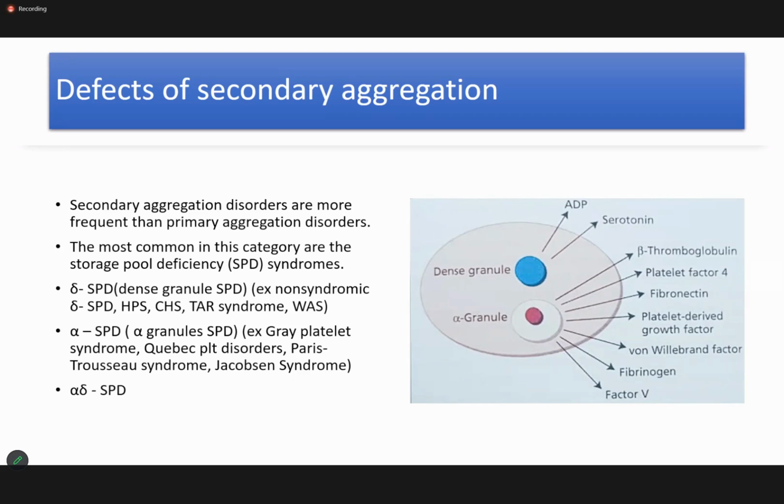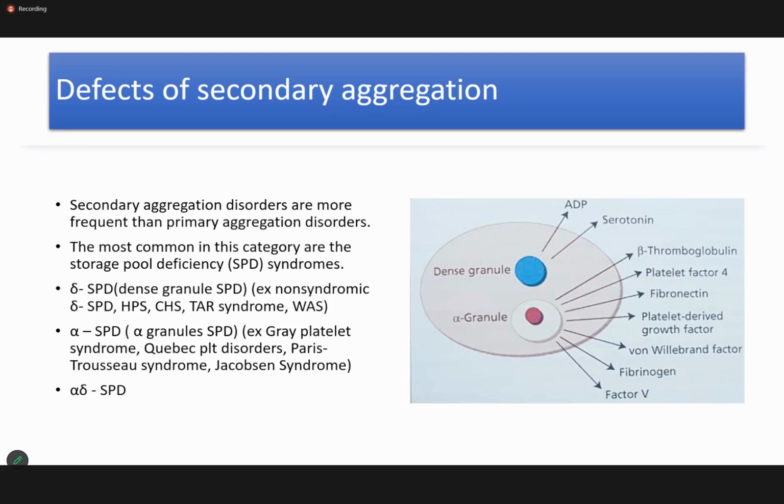And the most common in this category are the storage pool disease syndrome or storage pool deficiency syndrome, where you have a dense granule storage pool deficiency, or an alpha granule storage pool deficiency,